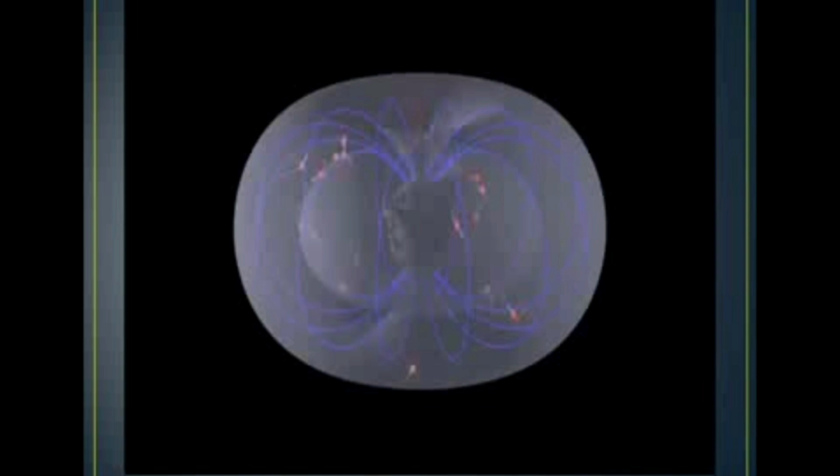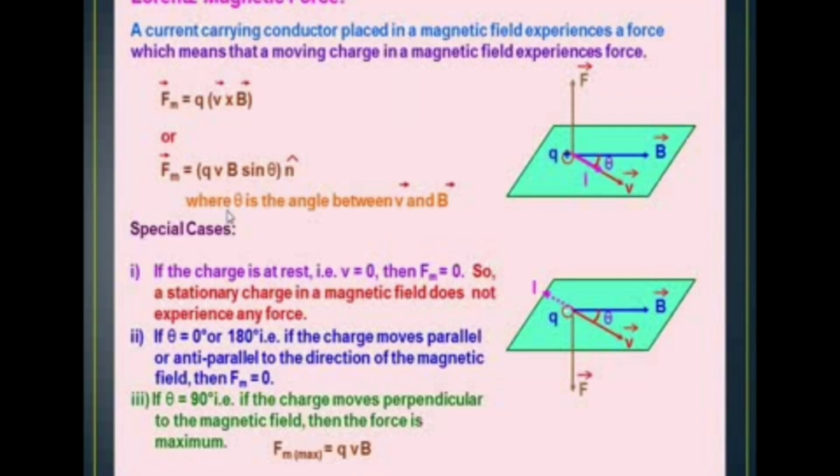Next, we are going to see the force on a moving charge in a magnetic field. Now let us see the conditions for that. There is a charge, and when that charge moves in an electric field or magnetic field, it experiences a force, as we said. So what are the conditions when the charge is moving in a magnetic field? That is what we are going to see next. So the Lorentz magnetic force means that the force Fm is equal to Q times V vector cross